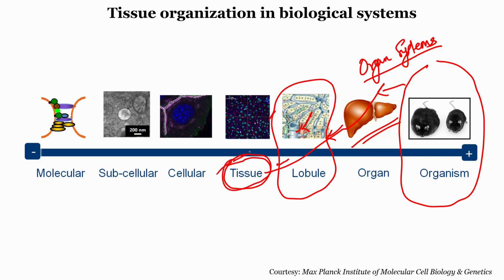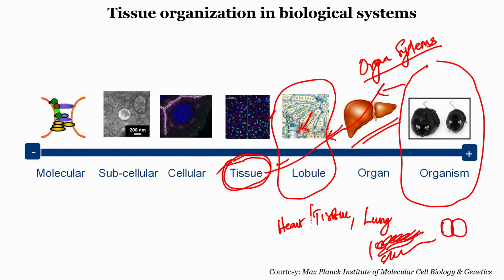We have seen heart tissue is different from brain tissue, which is again different from lung tissue, skin tissue, all are different. They are different in how the cells are organized, they are different in how many cells are there per unit area, they are different in the shape of their cells, and they are different in the amount of collagen matrix or the extracellular matrix that is there in the tissue organization.